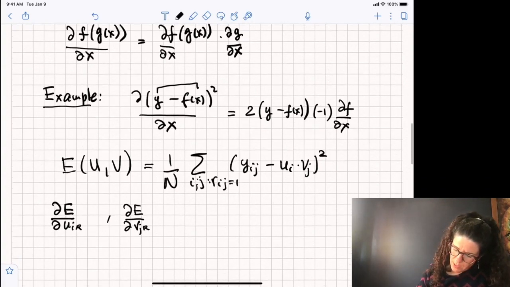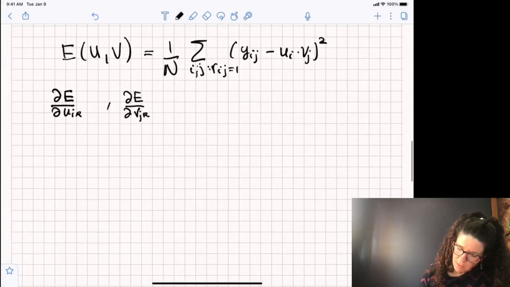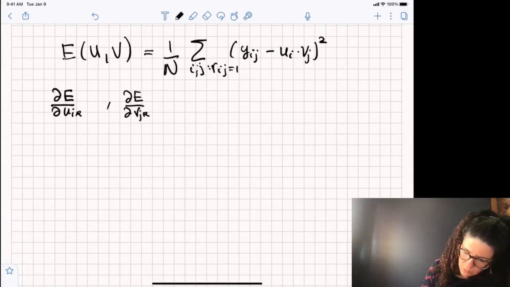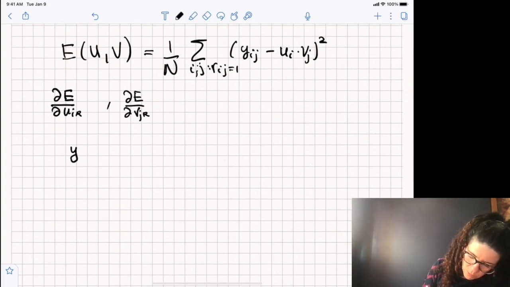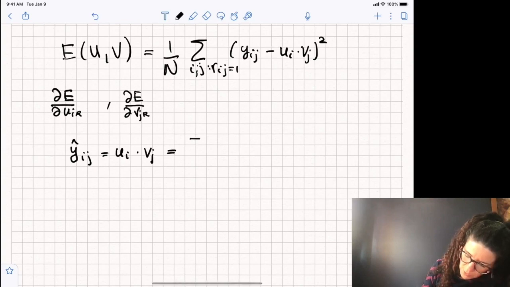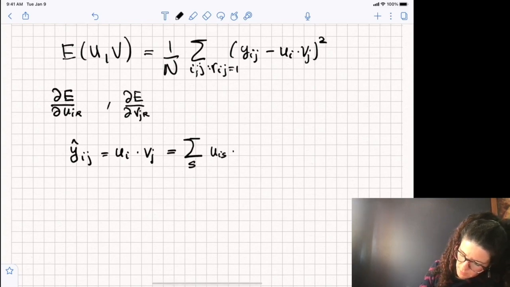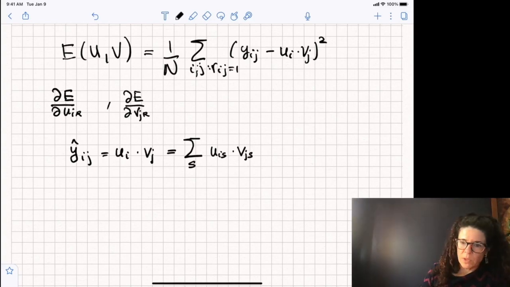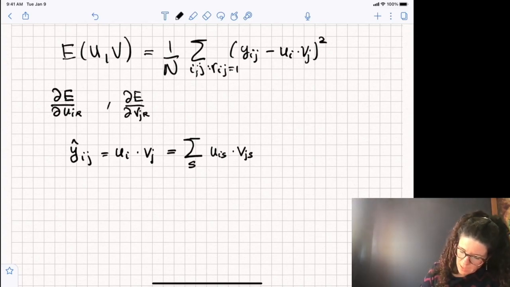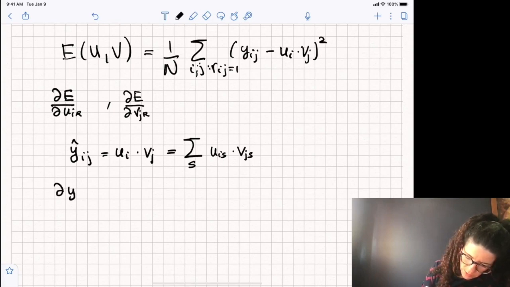Okay, so before I do something more sophisticated, let me consider this. I have y hat ij, which is ui times vj, and remember that this is a dot product, so basically this is the sum over s of uis times vjs. This is a dot product between the vectors ui and vj. Before looking at anything else, I would like to find the derivative of y hat ij with respect to